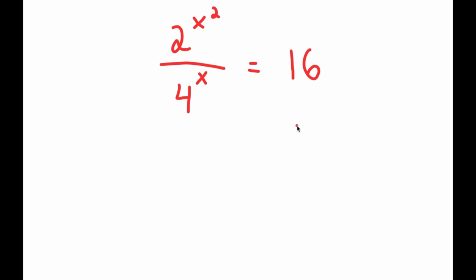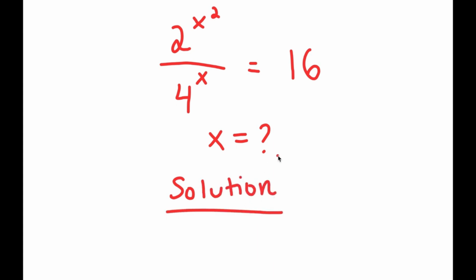Alright, so in this equation, I have 2 to the power of x squared over 4 to the power of x is equal to 16. So I want to find the value of x here. For my solution, I'm going to start by rewriting 4 as 2 squared and 16 as 2 to the power of 4